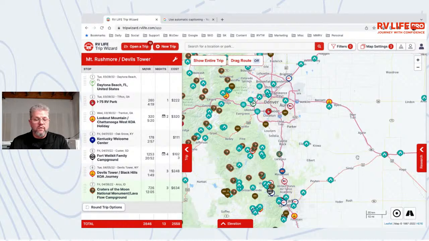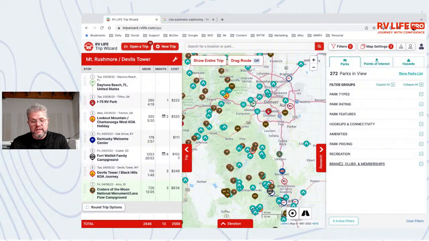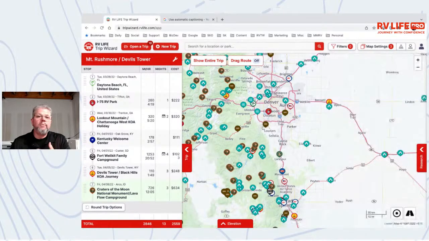There they are. They weren't seeing their campgrounds, and they said, look, I have 0 filters, and you can look at my screen. There's 0 right up here at the top, and we can see that under filters I have none selected down here. But the problem was folks were zooming in and they weren't getting any campgrounds, or they were getting one type or a very small amount of campgrounds. And when it's not filtering, which is very often the case, the other thing it could be,